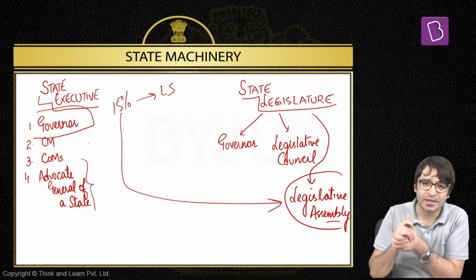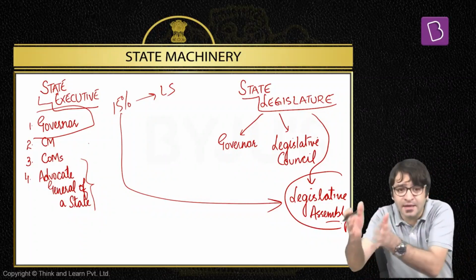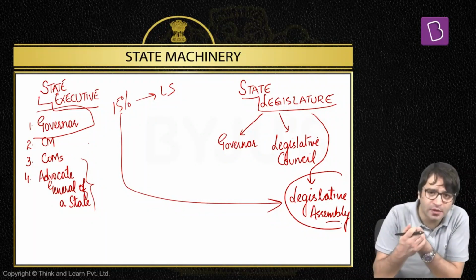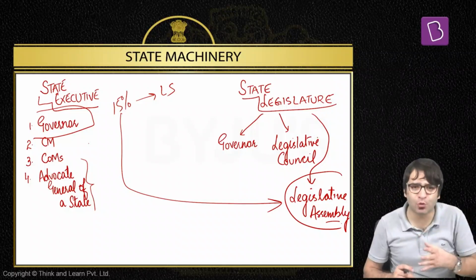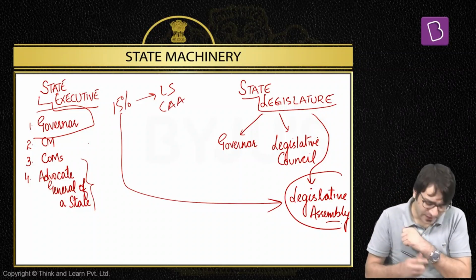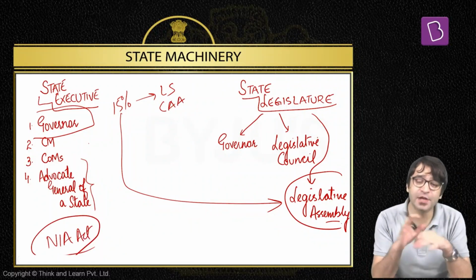In a similar fashion, there is a state government. This state government can be dragged to court by you or me, by another state. For example, one state is dragging another state to the Supreme Court, or the state government is dragging the central government to the Supreme Court. For example, there are various state governments which dragged the center to the Supreme Court because of the Citizenship Amendment Act. Chhattisgarh government, for example, when the NIA Act, the National Investigation Agency Act, was amended in the year 2019,